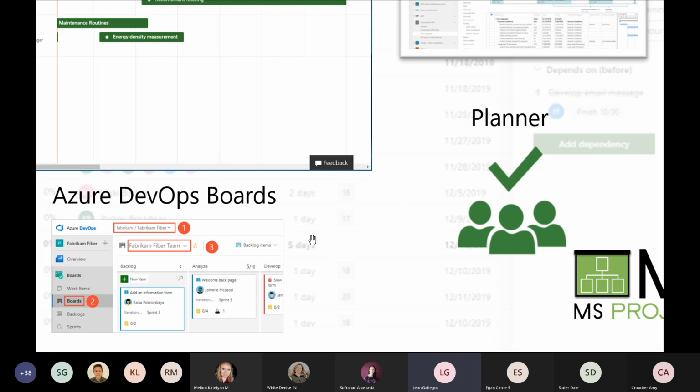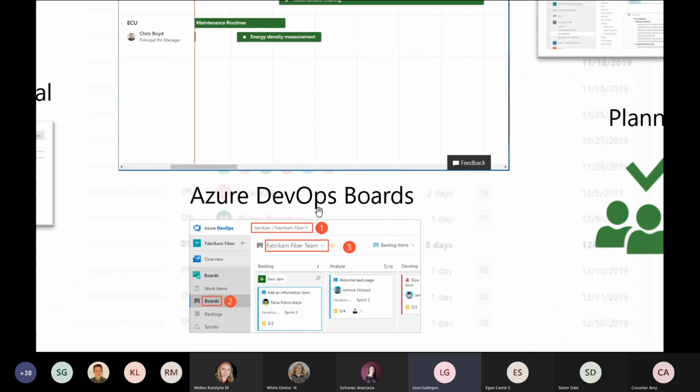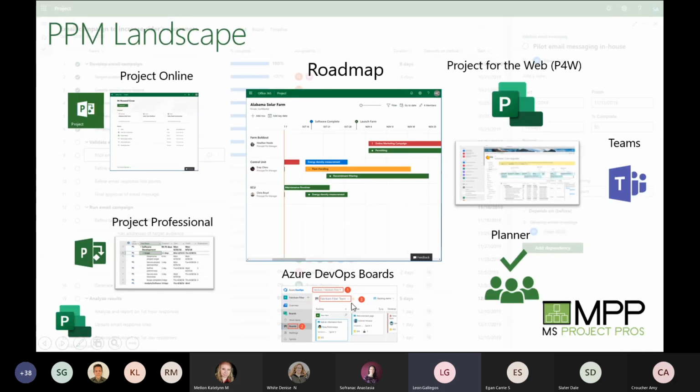The last one that we won't go into in too much detail is known as Azure DevOps. And so this is more for managing agile type projects, software development. It's being mentioned here because you can bring in these DevOps boards into the roadmap. And so that's where that connectivity ties in. So we can see what's going on in the agile world while we're pulling those projects into roadmap. Not to say that we can't manage agile projects in Project Online. Azure just tends to do a better job of it.